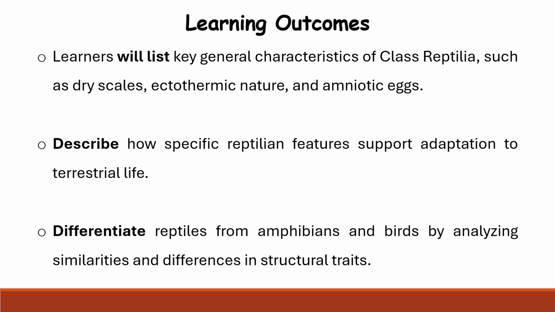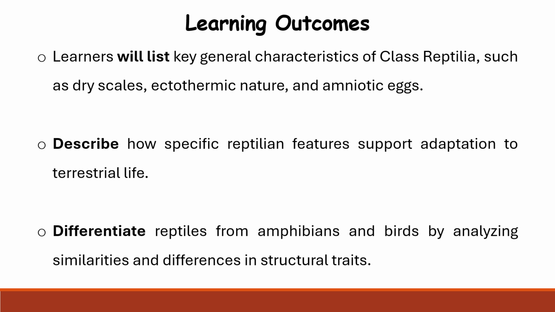They are able to describe how specific reptilian features support adaptations to terrestrial life. They can differentiate reptiles from the previous class Amphibia and the next class Aves by analyzing similarities and differences